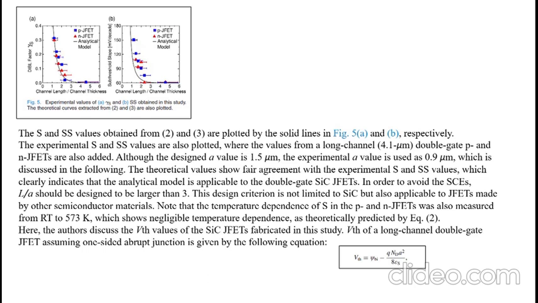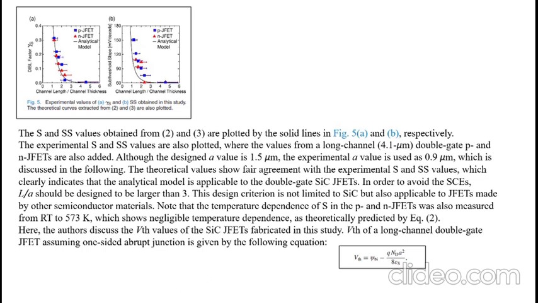To see the graph clearly explained by the equation, the theoretical value and experimental value are the same, as shown in the graph. The DIBL factor gamma is in graph A, and graph B is the subthreshold slope SS. The square is the p-JFET, the triangle is the n-JFET, and the line is the analytical model. It is exponentially increasing, and then the experimental and theoretical values are